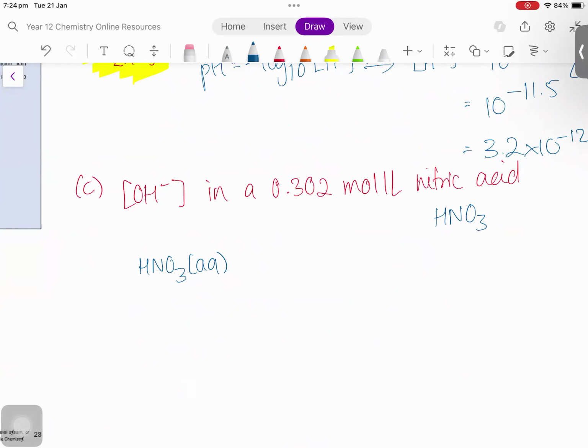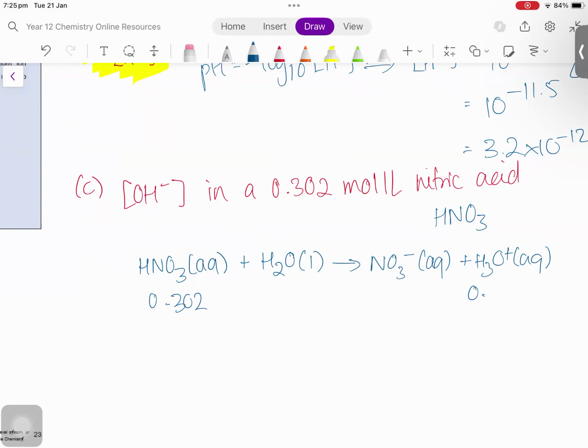Your mic's not working. You're unmuted, but it's not registering anything. Plus H2O, it's also a strong acid. Turns into NO3 minus plus H3O plus. So it's a 1-to-1 ratio, 0.302. This means this is also